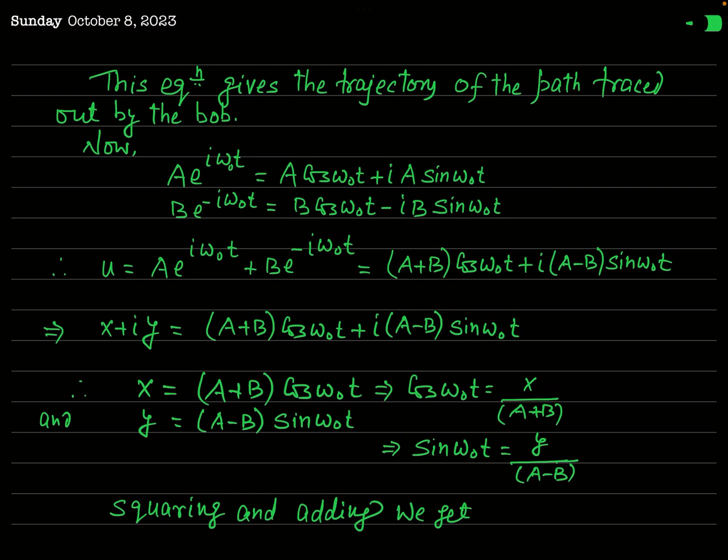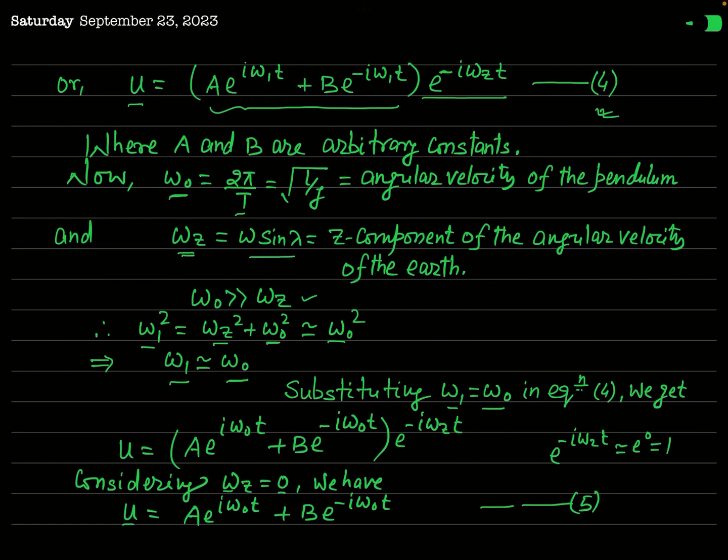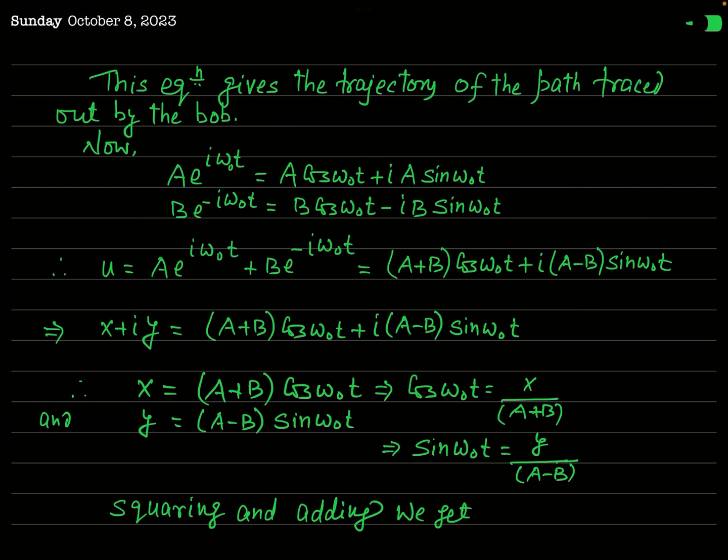Okay. Actually, these two equations, this equation 5, actually give the trajectory of the path traced out by the bob. Okay. Now you know Euler's formula, that e to the power i theta is equal to cos theta plus i sin theta. You know it. Okay. And e to the power minus i theta will be equal to cos minus theta